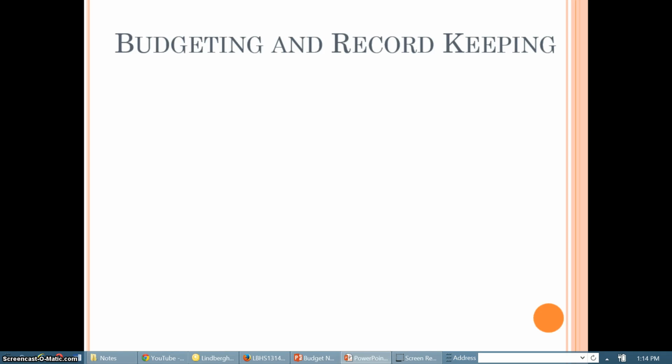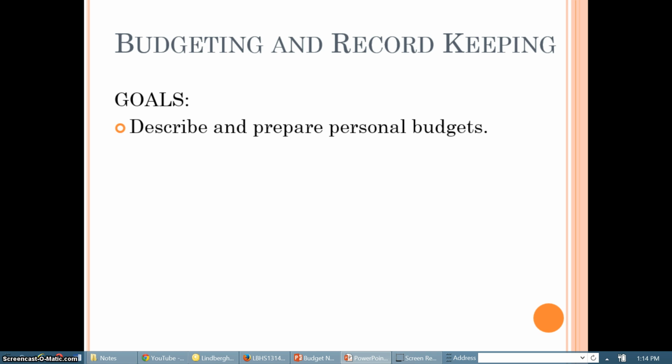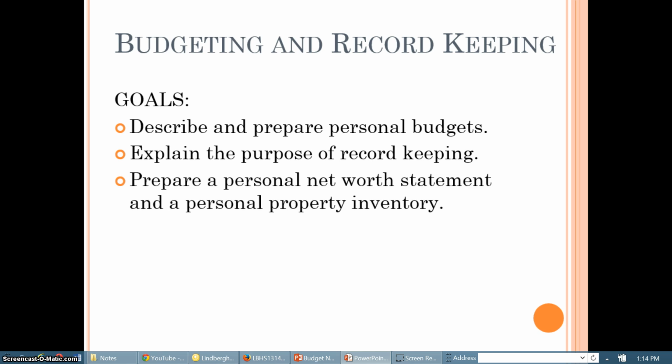So here's our Section 3 notes for Unit 2, Budgeting and Record Keeping. Our goals for our unit are to describe and prepare personal budgets, explain the purpose of record keeping, prepare a personal net worth statement and personal property inventory,